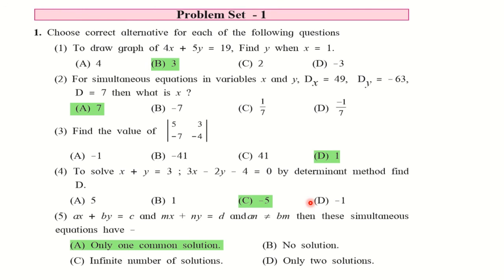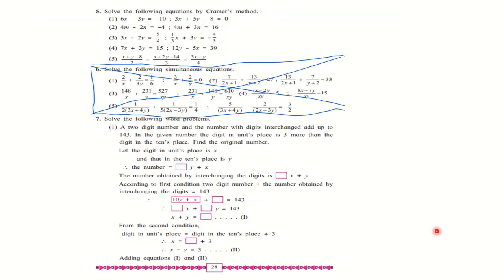Then problem set, all the MCQs are discussed by me. From the problem set also this particular question number 6 is cancelled because it is of the type equations reducible to simultaneous equations. So that is cancelled. Take a note of that. And then the remaining you have to solve. Question number 7 is based on word problems. So solve it. As I have said, if you have any query regarding any question here, you can post it in the WhatsApp group. I will surely give you the answer.